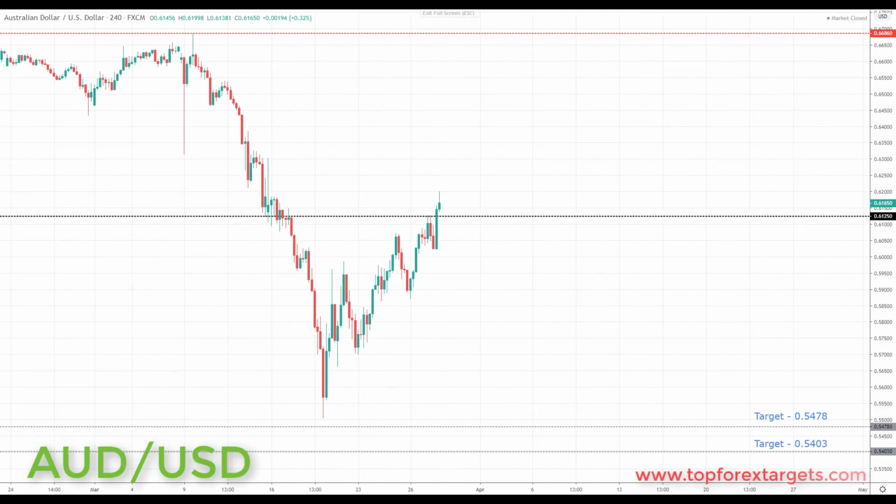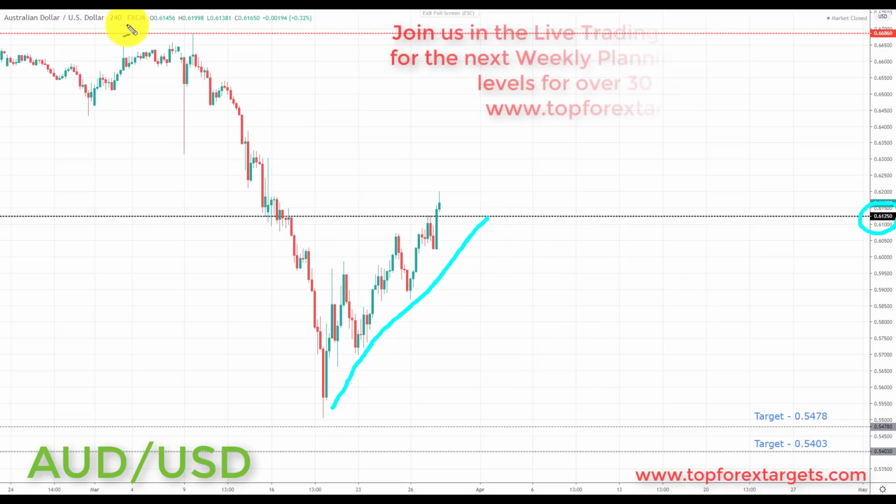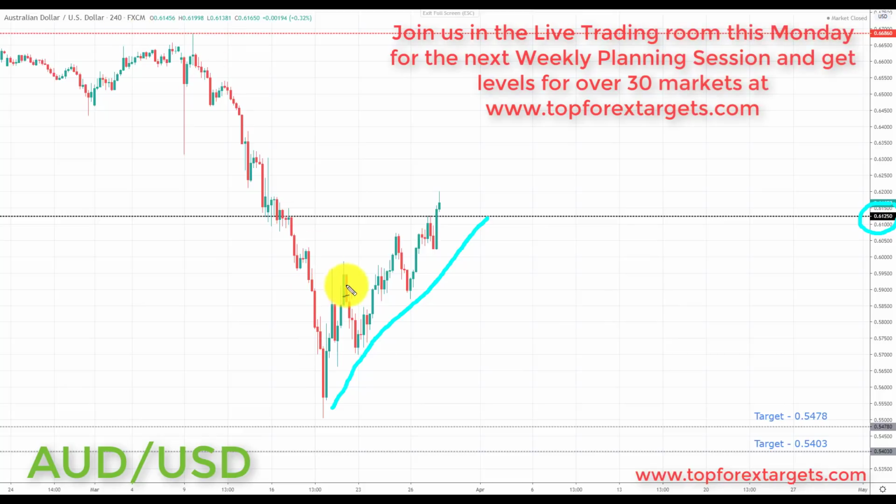So next market we're going to look at is Aussie dollar. Now last week we highlighted the 0.61250 as a pullback area to look for a pullback into this area. We have pulled back now to the 0.61250. We are focused on short setups in this market as this pair is still structured to the downside, although intraday, this is the 240 chart, the 4-hour chart, we are still moving to the upside.